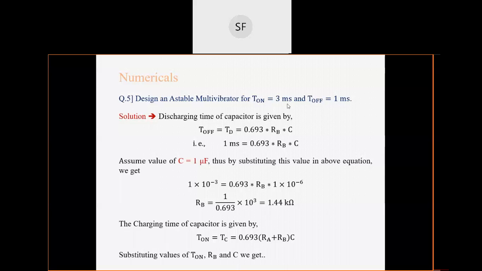Okay, so we have understood that T on is nothing but TC, that is charging time, and T off is nothing but discharging time. So in charging time there will be all three parameters, right? RA, RB and C. But in discharging time there will be only two parameters, RB and C. So we will first take the discharging time of capacitor. Okay, we will first take this